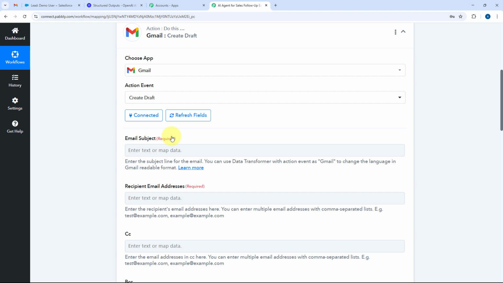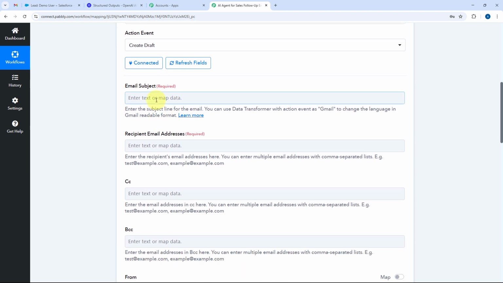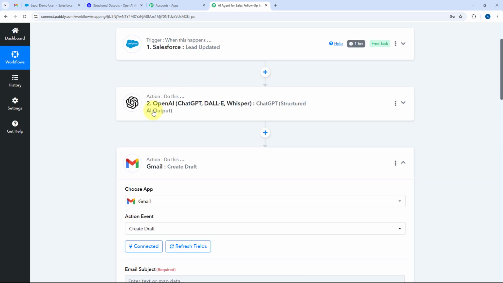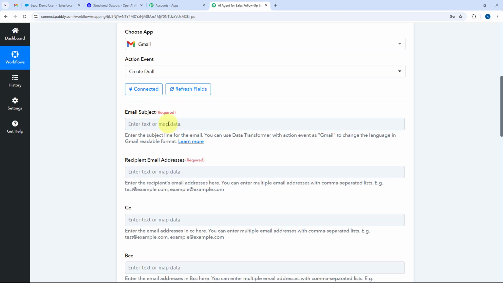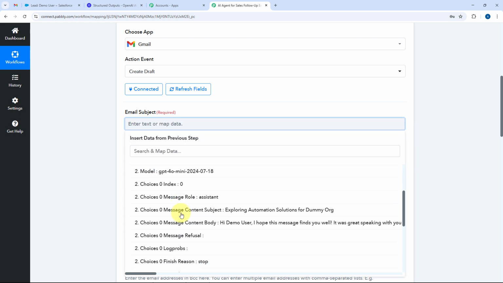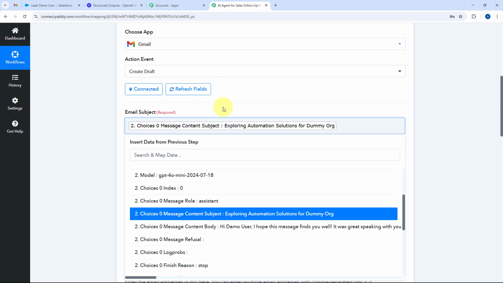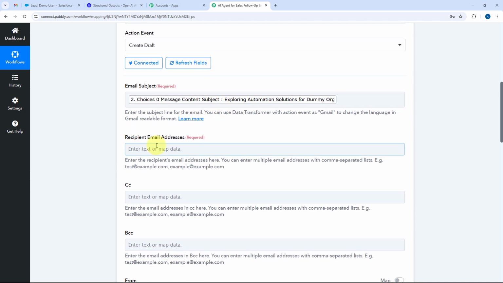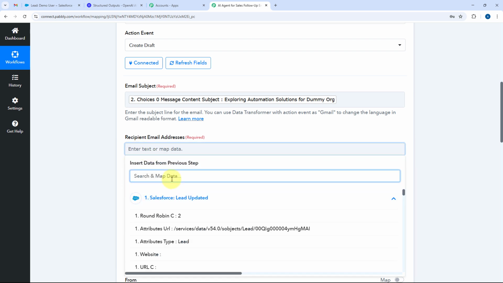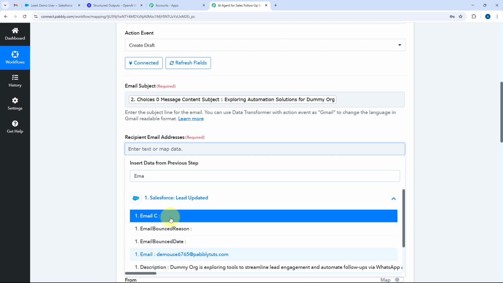After making the connection, the first thing it asks us is the email subject, like what is the subject line of this email. We have received the subject line of the email from OpenAI in the previous step. So we will just click on this field of email subject, and from the dropdown of OpenAI responses, select the response of subject line, and map it. Then it is asking us for the recipient email address, that is, the email address of the user to whom we want to send the email. We want to send this email to our lead, so from Salesforce responses, we are going to search for the response of email address of the lead and map